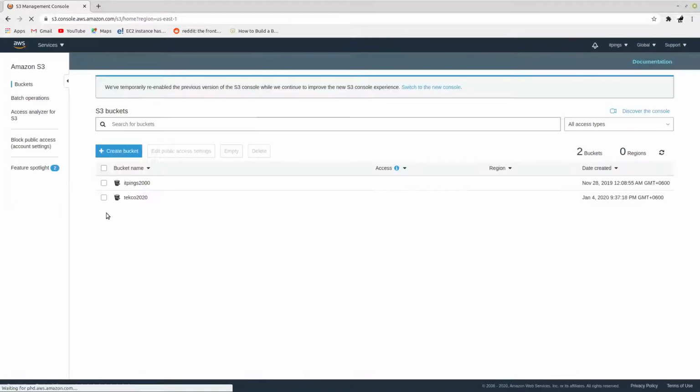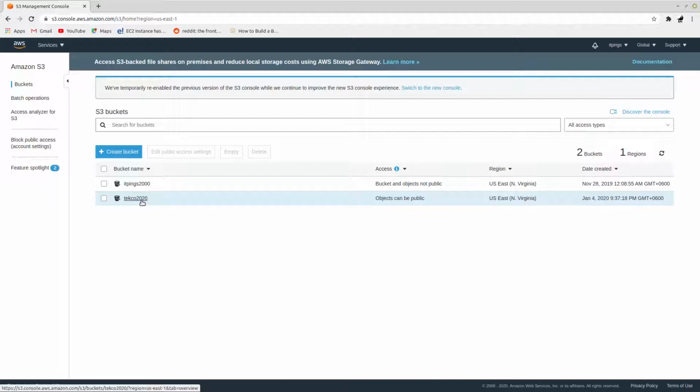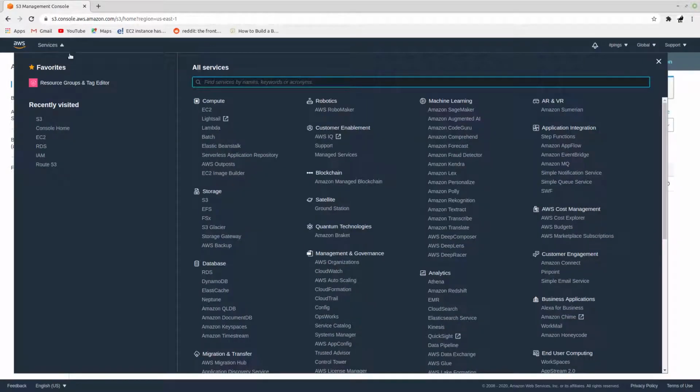And then you can see that I already have two buckets, Techo 2000 and Techo 2020. So how are we going to access these buckets from the command line? First thing is that we need to create an IAM user. So to do that, we are going to go to IAM